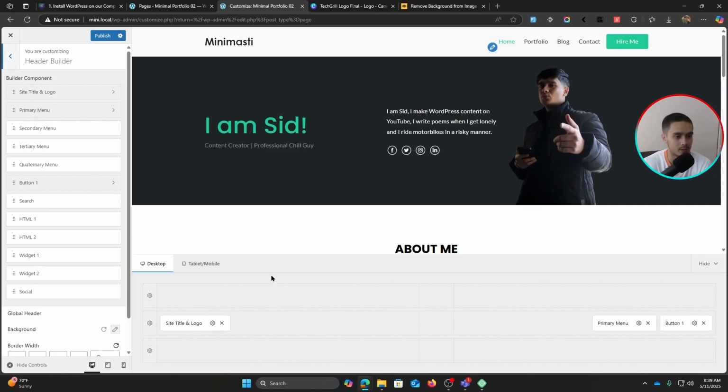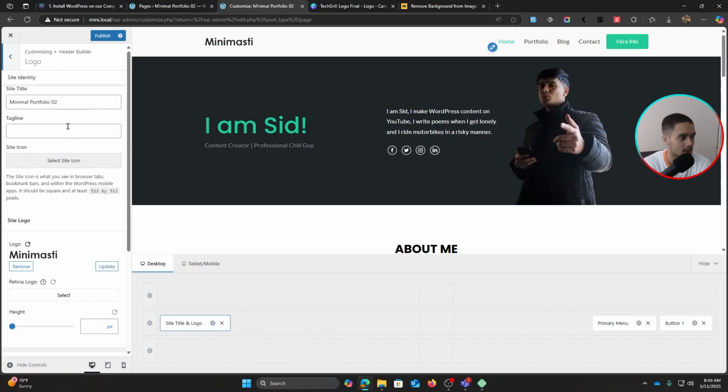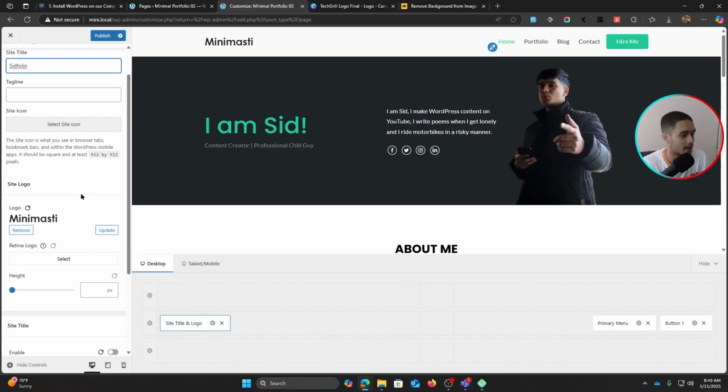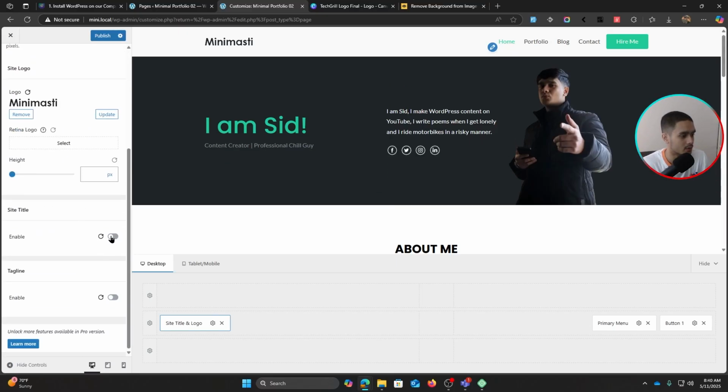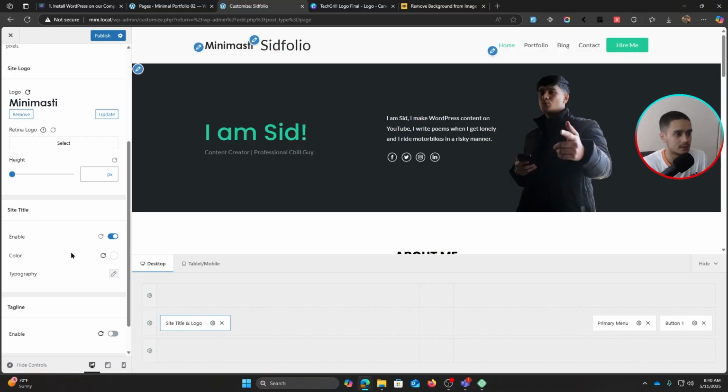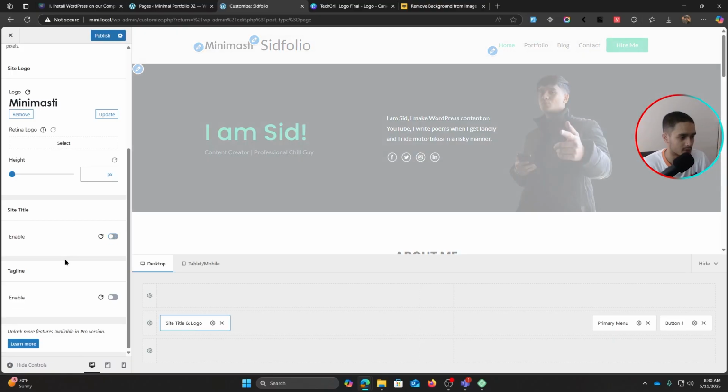Let's go within the header builder once again here, and I want to change my site title, or my site logo. So I'm going to click on this gear icon right here, and first of all, I guess, change my site title, and I'm going to name it Sidfolio, because why not? This is Sid's portfolio, so Sidfolio. All right, this is not really seen here, but if I were to enable site title, then you'll see it, Sidfolio, right? And you can change its typography and all that, but we're not going to do it because we